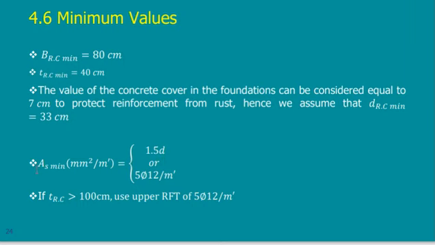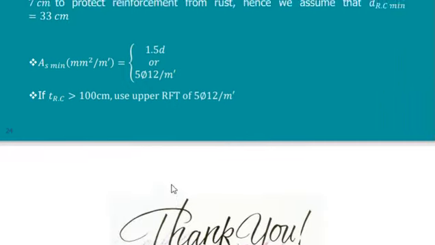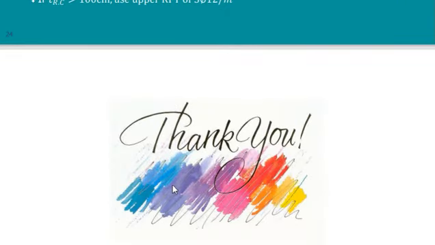The minimum steel for any section, as we just said, is 5 phi 12 or 1.5 d of the section, and so on. This is how many bars of steel I can use in 1 meter. The minimum is 5 because I don't want the distance between the bars of steel to be more than 20 centimeters. This ends our lecture